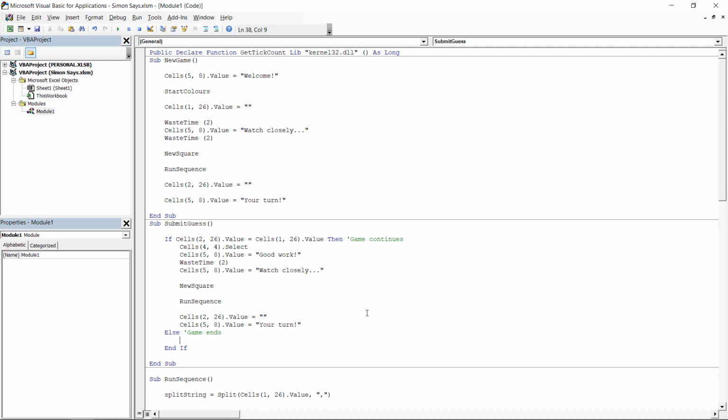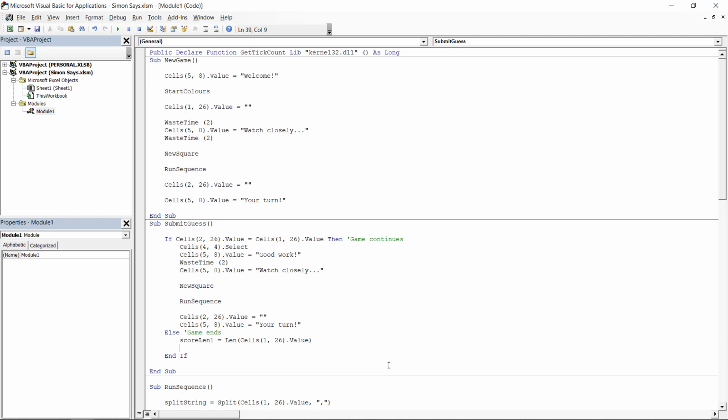Let's just go ahead and do the score. Let's check the score length 1. Let's just call it that, which is the length of cells 1, 26 dot value. So all I'm doing here is just creating a new variable that says find the length of all the values, or all of the numbers, whatever the cell value is. And then we're going to do the same thing for, let's do score length 2, which is length of cells. Actually,